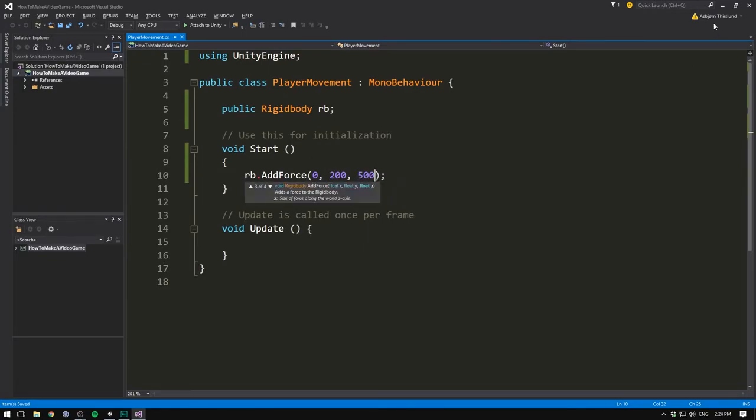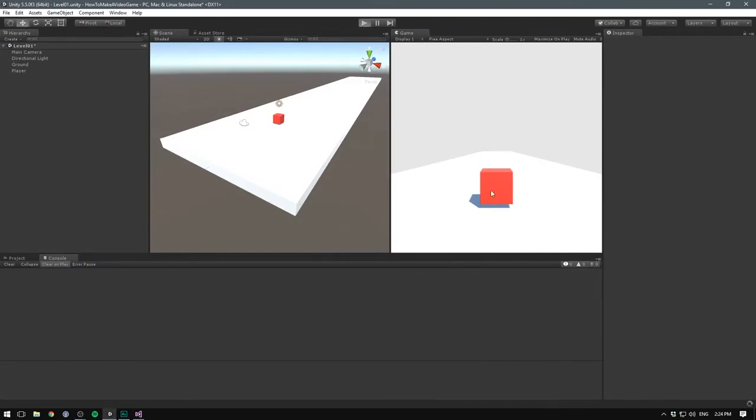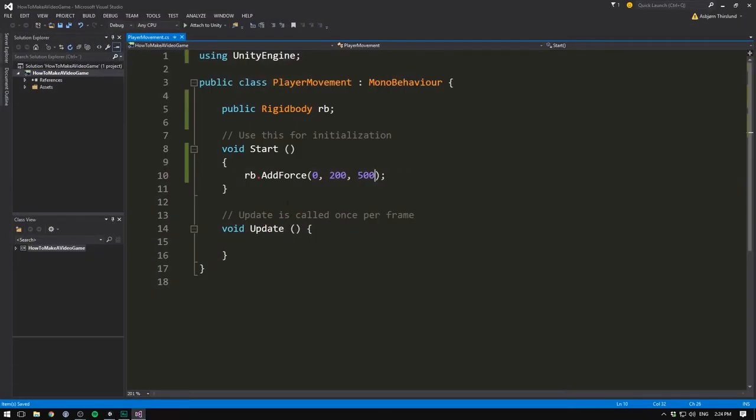We can then hit save, go back into Unity, and when we now play, we should see a force being applied to this object. Awesome. So let's stop playing, head back into Visual Studio, and what we want to do is not only add a force in the beginning of the game, we want to add a constant force in order to move our object forward. To do that, we can't use the start method. Remember, this is only called once right when we start the game. However, our update function is called once per frame. That means that whenever the computer draws a new image, and it does this multiple times a second, this function is going to run. So let's again put this on a new line to make things a bit easier to see,